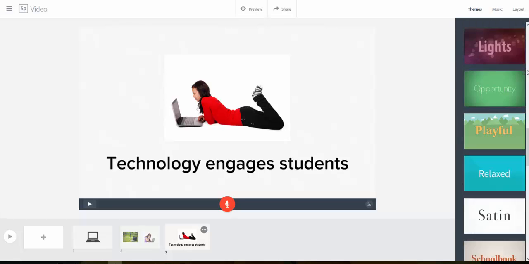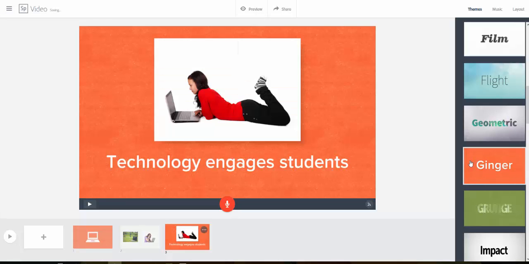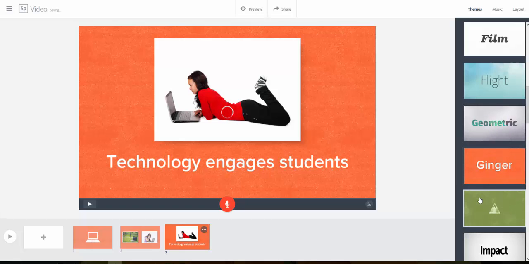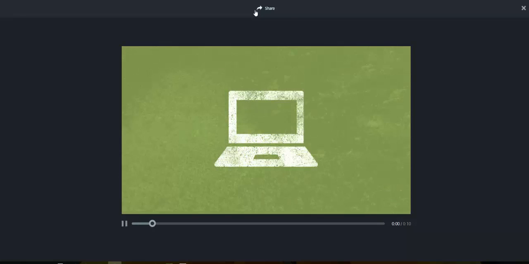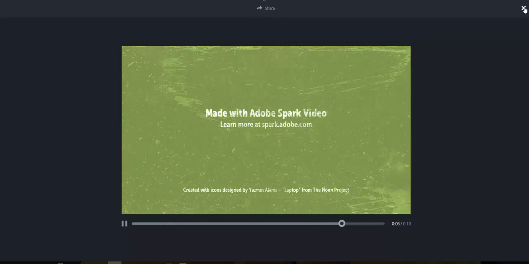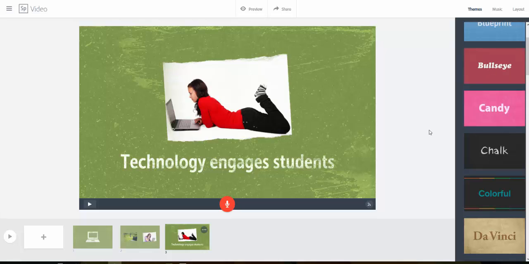Or I can click on Themes and choose from a variety of different themes. If I pick this theme, for example, you'll notice it puts everything on that orange background. And it lays the pictures out in a slightly different way. So you just have to play with the themes until you get one that you like. Once you have, you click Share, and